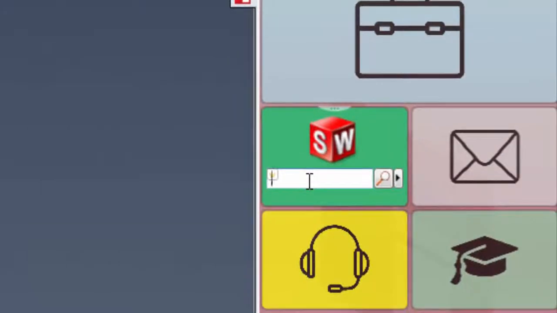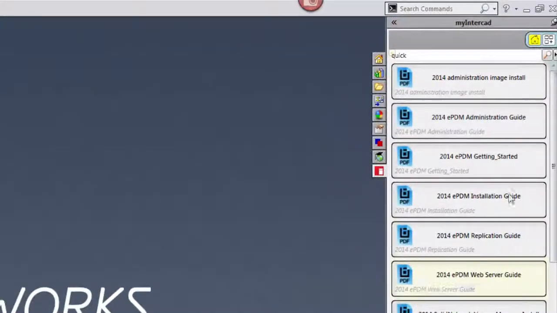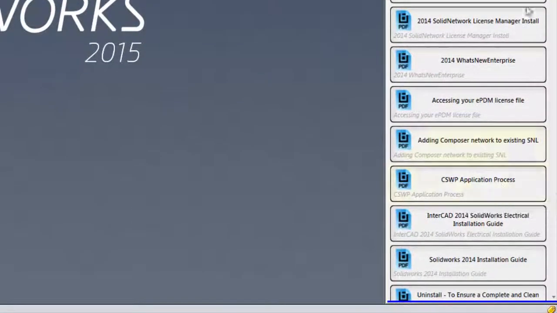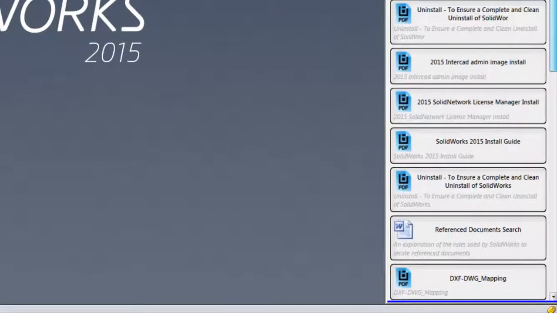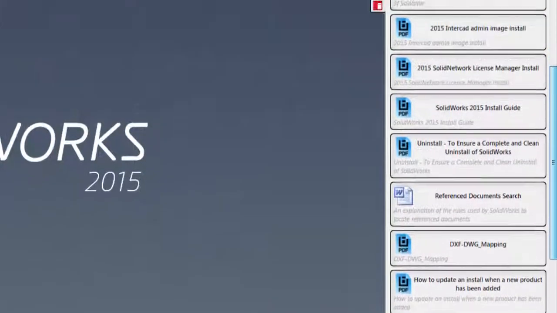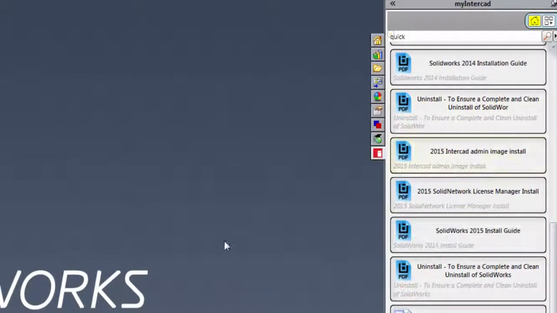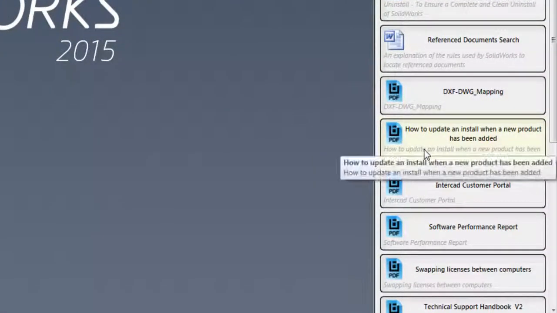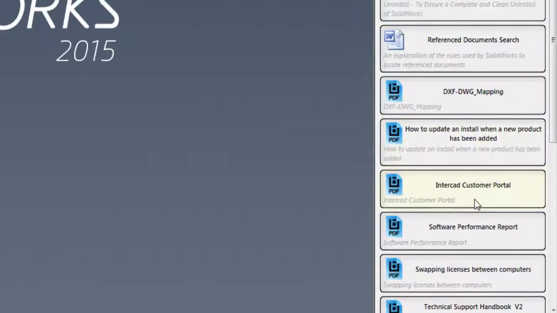This is fairly handy. We've put some quick refs in here, so I'll just type in quick, hit enter, and you can see you've got administration guides, EPDM guides, what's new, accessing your EPDM license, CSWP application process is a good one to have a look at. We've got how to do a clean uninstall, just looking for a few other good ones, DXF to DWG mapping, how to update your install when a new product's been added, how to log into the InterCAD customer portal,